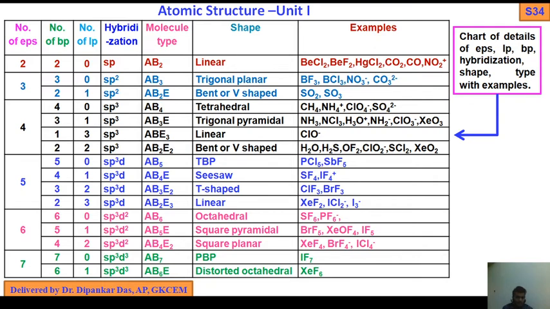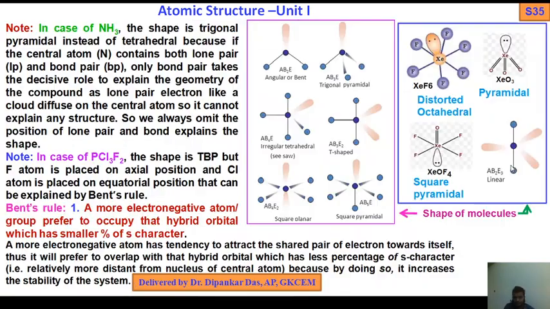Now you can try to find out yourself. First find out the EPs. How to find the EPs of the central atom? First choose the central atom, by larger size and lower electronegativity, and then you need the valence electrons of the central atom. That's why you should remember the periodic table elements with atomic numbers. Then add the monovalent atoms. Then for cationic species you subtract, for anionic species you add.